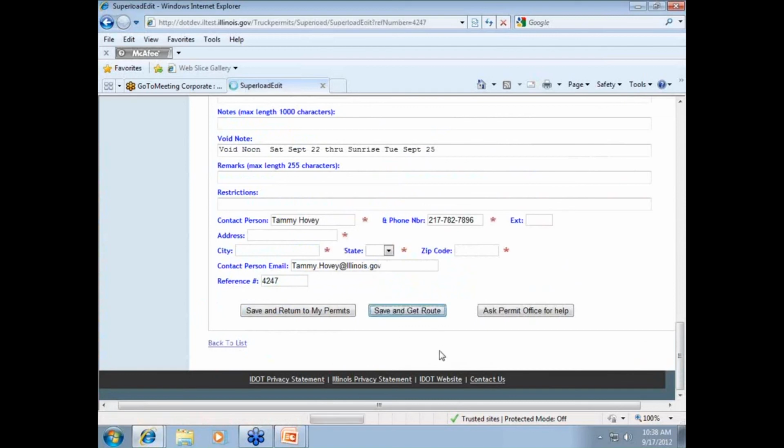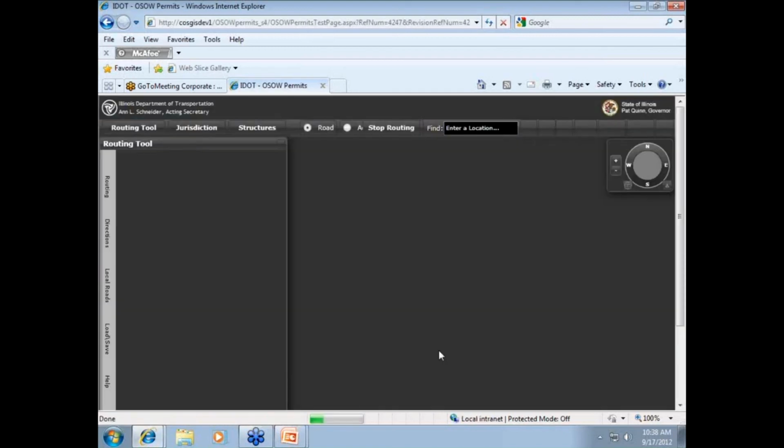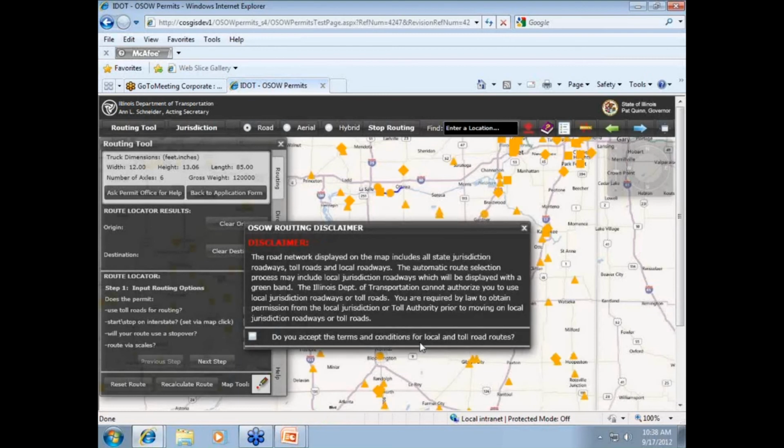Now, let's return to the Save and Get Route link. If you are ready to get a route, click on the Save and Get a Route button. If there are any errors within your application, the system will tell you what the errors are at the top of the screen. Those errors must be corrected before proceeding. Only after all errors have been corrected, then you may click on the Save and Get Route button again. If the application is free of any and all errors,